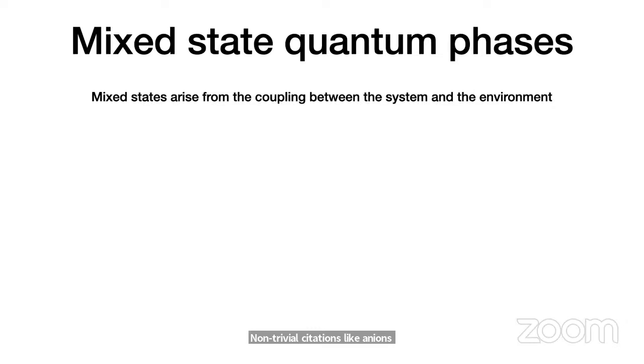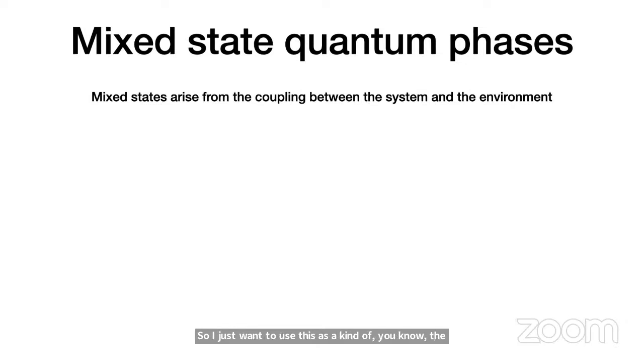All of this is discussed in the setup of ground states of gapped Hamiltonians, and we have now understood a lot about them. So it's time to think about a more general set of quantum states, which are mixed states. I'll very briefly discuss what mixed state phases are. This is obviously an ongoing effort to understand what phases mean and what possibilities there are in the world of mixed states, so I just want to use this as a kind of invitation.